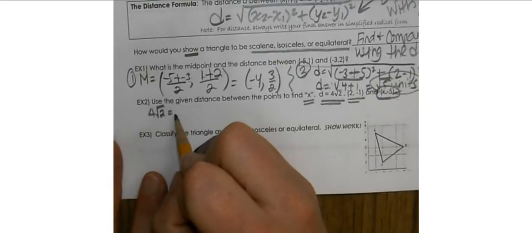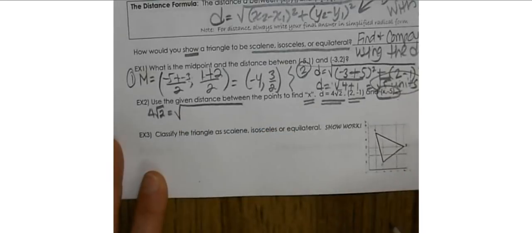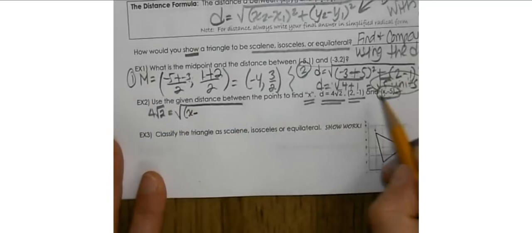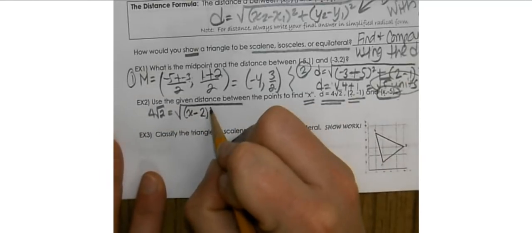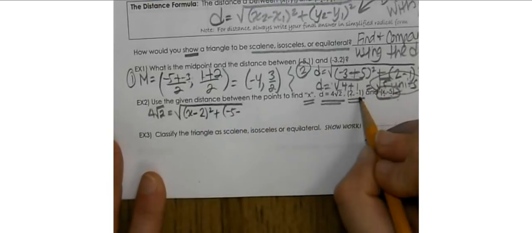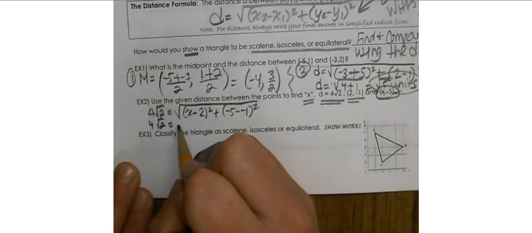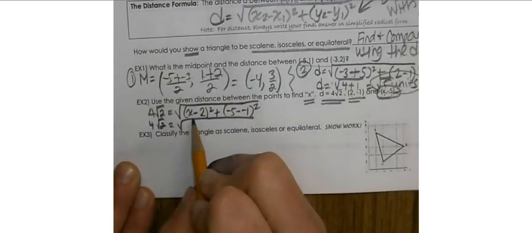That's going to be equal to the square root of x2, which is x, minus x1, which is 2, squared, plus negative 5 minus negative 1, and then we're going to square that. So in order for me to solve this equation, I'm going to clean up this problem underneath the root a little bit more. So I have 4 square roots of 2 is equal to